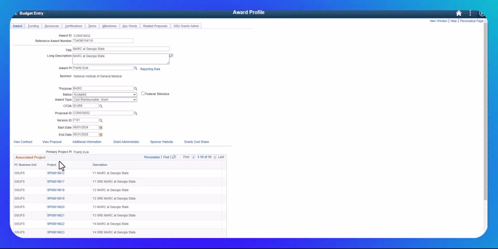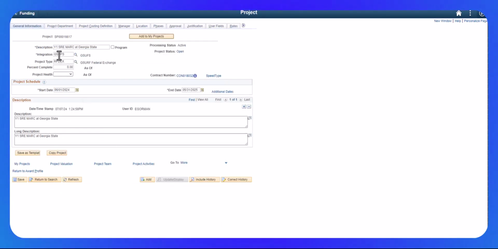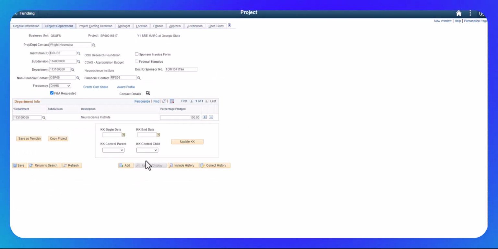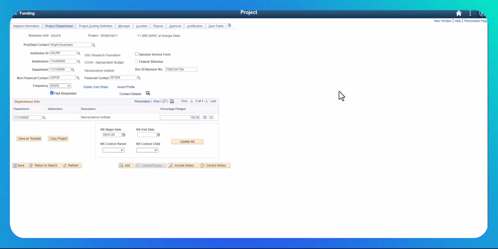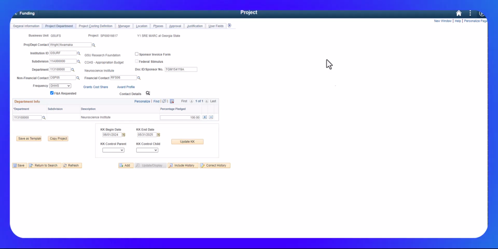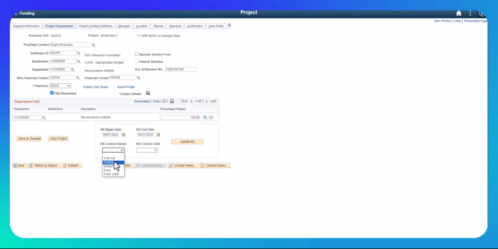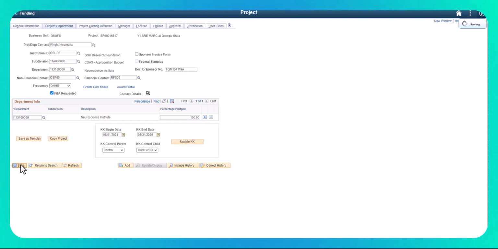Once that's completed, I also need to go into each SP and add my KK panel information. So my KK begin date for my second SP. Again, this is my SRE funding for year one. It's going to be control and track with budget. I'm going to update that and save. And I can enter that